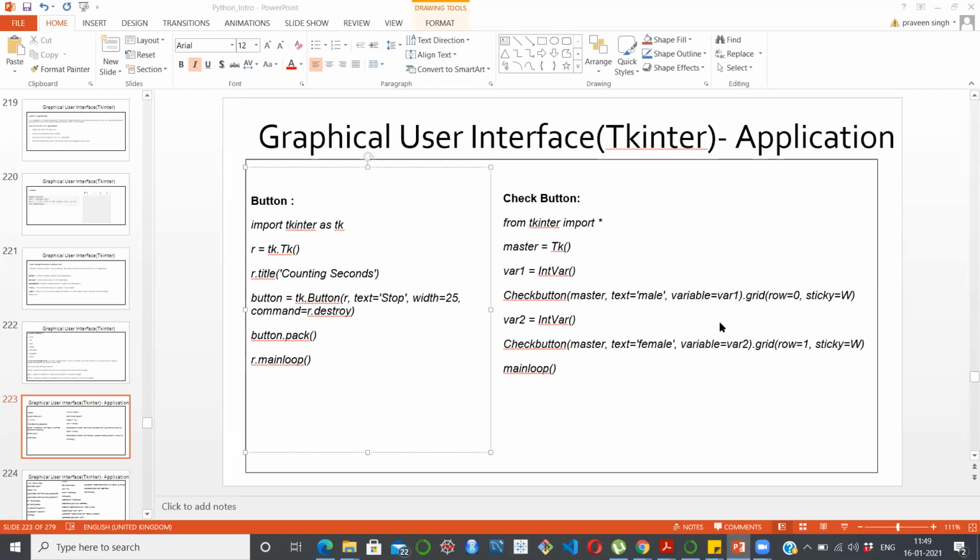Those who are trying to use, it's always better to use open source, so that you won't be dependent on anything else or any other sort of application. Now, on the left side, I'm showing one button which is available as counting seconds. What I have done here is I have just imported Tkinter as tk and then tk.Tk(). I'm giving the title as counting seconds, and then we have given a button which is mentioned as a stop button.